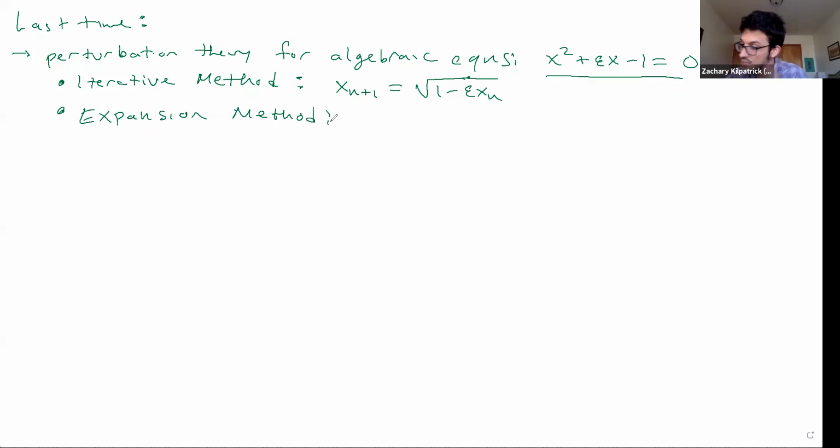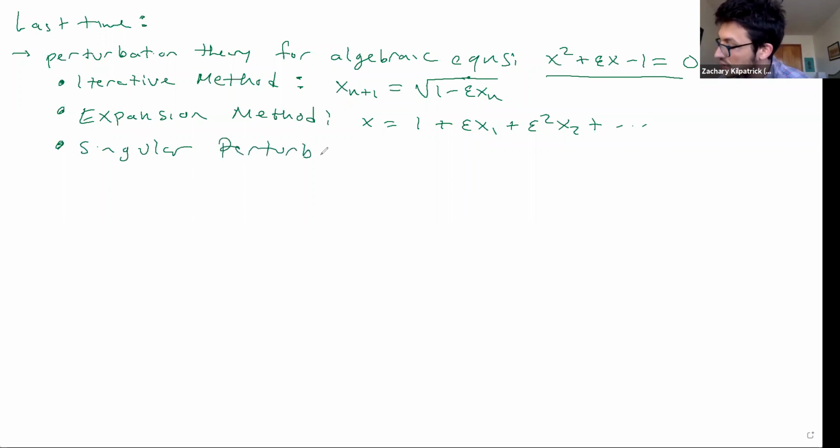In this case, you assume that x takes the form x0 plus epsilon x1 plus epsilon squared x2, and so on. Plug it in, equate powers of epsilon, and solve up the hierarchy of epsilon powers. This works if this is the correct expansion, but it may not necessarily be the correct expansion. First of all, you may not necessarily be able to start at order 1. And in the case of singular perturbations,